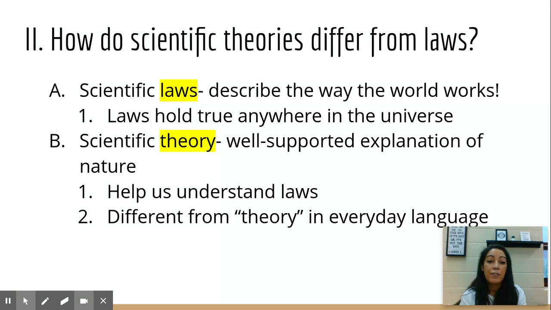If you see the word theory and it's talking about a scientific concept, you can equate it to the word fact. So a scientific theory is a scientific fact. It's well tested, well accepted among the scientific community, and has been proven over and over again